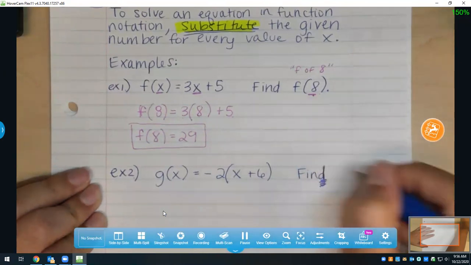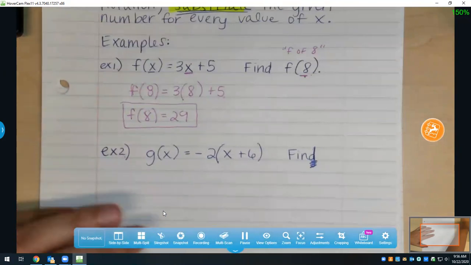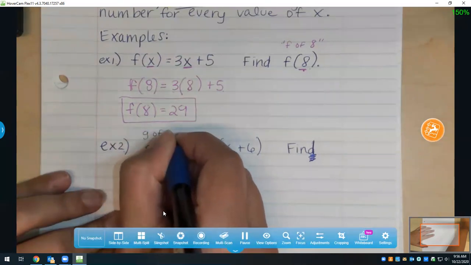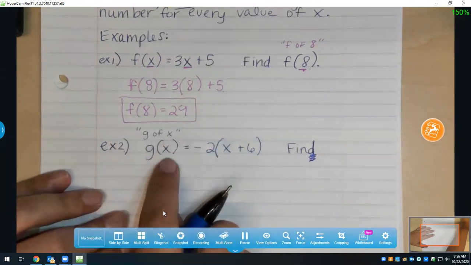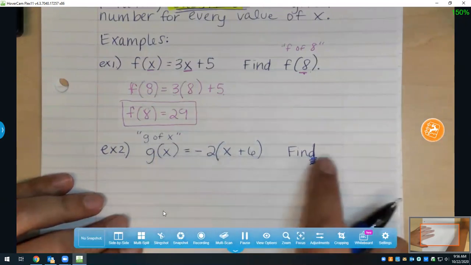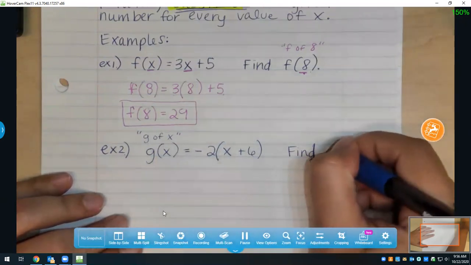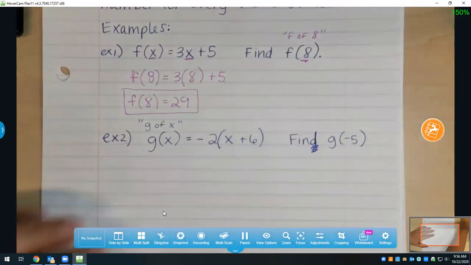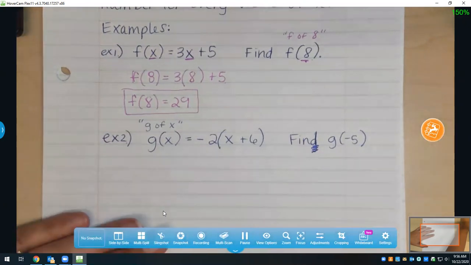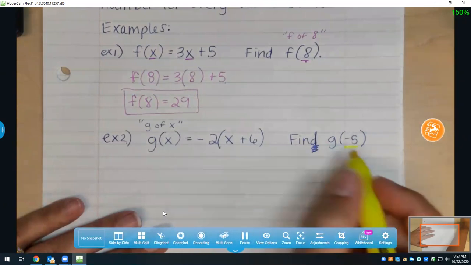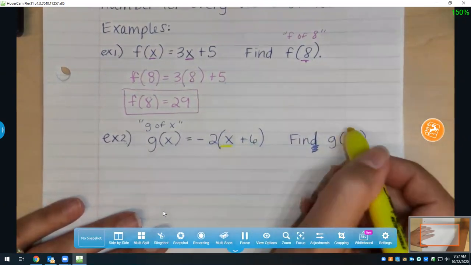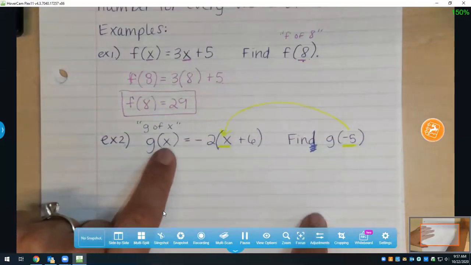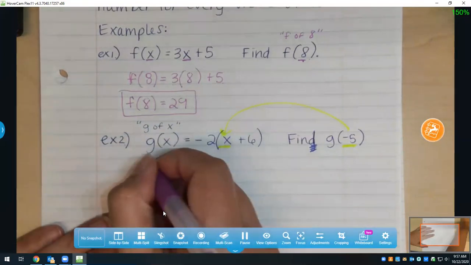Whoopsie, got ahead of myself on the G here. So our second one, this is read as G of X. Okay, so G of X. Find G of negative 5. So what we're going to do is we're going to take that negative 5 and we're going to replace every x that we have. So instead of G of X, we're going to have G